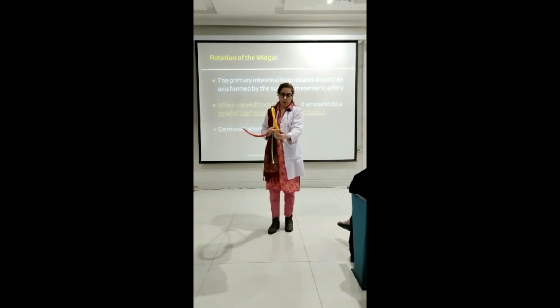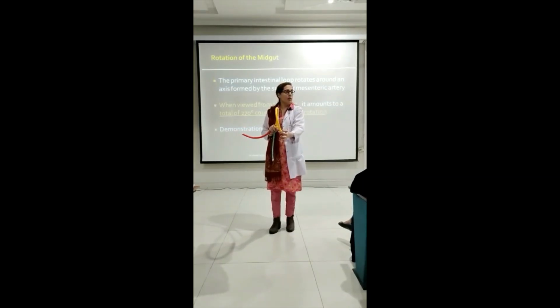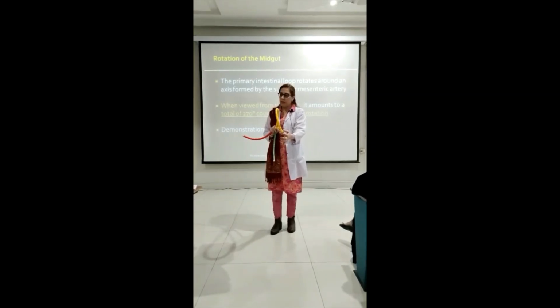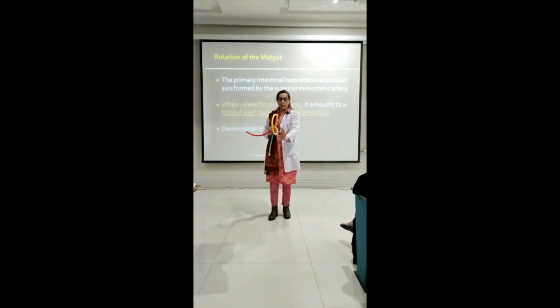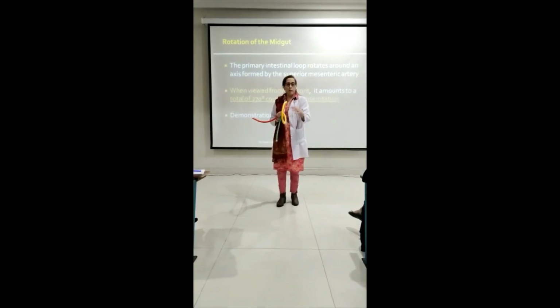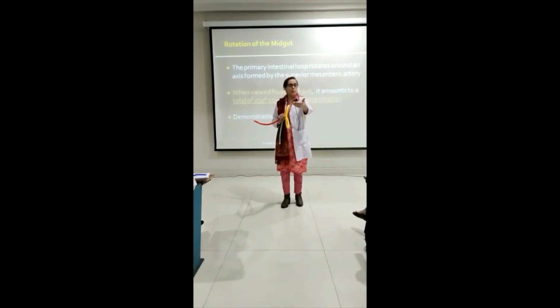ये मैंने यहाँ पे क्यों लगाया है? अच्छा, this is to show you that there is a conical dilatation in the caudal limb which is called the cecal part. This is representing the cecal part. Okay, अब आप ये देख रहे हैं primary intestinal loop and when viewed from in front, which means your position,